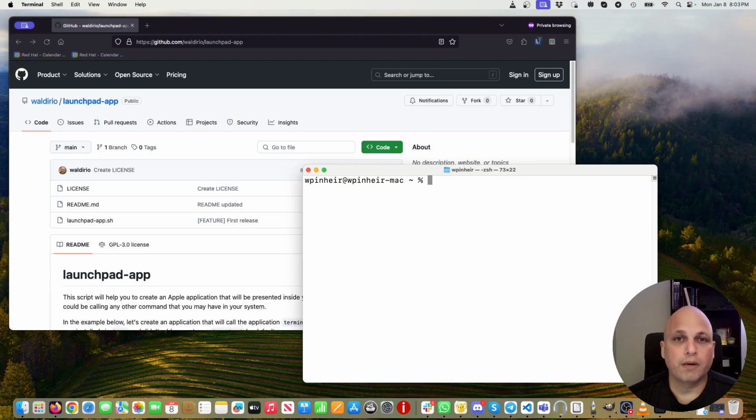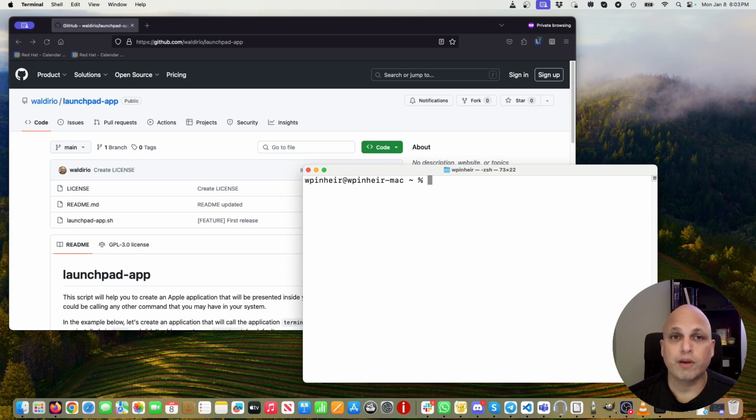Let me show you Terminator. On my Mac, I installed Terminator. This is a GNOME terminal, very powerful, very useful, with a lot of tricks and shortcuts. This is a very productive tool, and I would like to bring this to Mac. This is not available on the Apple Store. This is available via Brew.